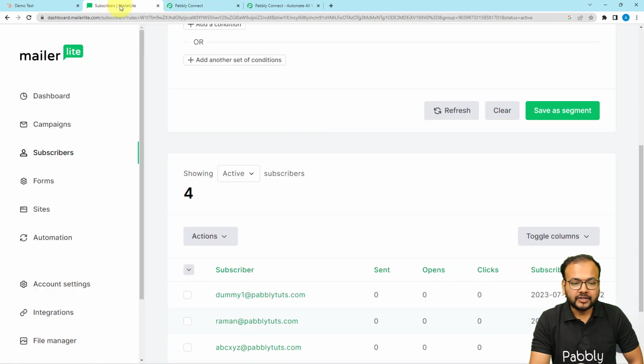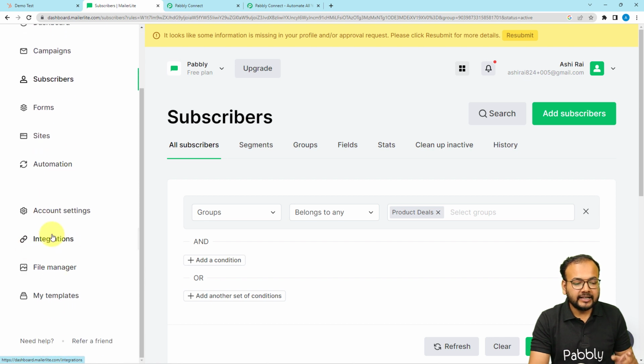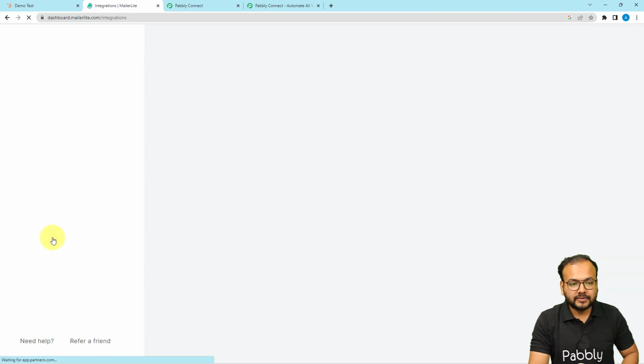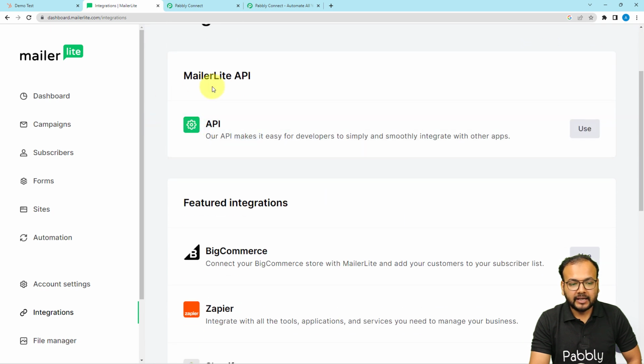from MailerLite application. This is my MailerLite application's dashboard. Okay, I'm under subscriber section. On the left hand side panel you can see this integrations tab. Click on integrations, and under the integrations page you will find this MailerLite API option. Click on use,